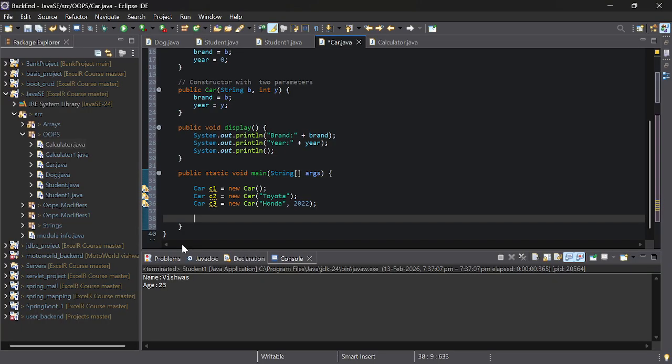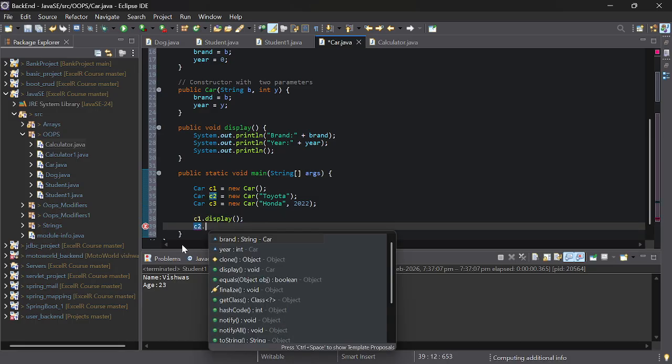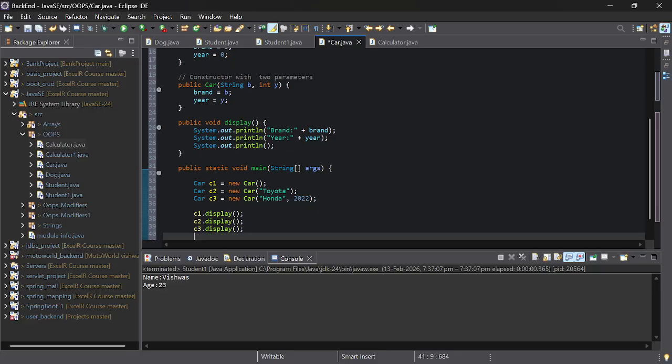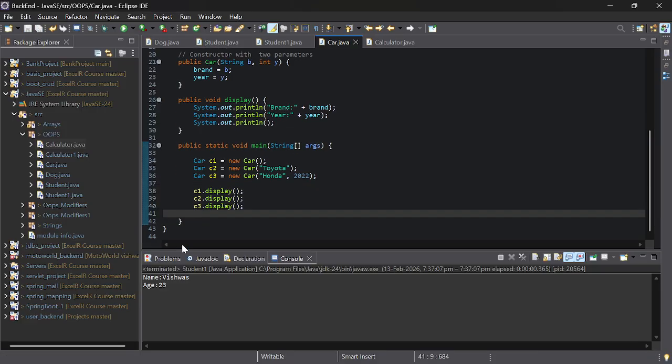Now using that reference name I will call the display method, then c2 dot display method, then c3 dot display method. Okay, now if I run this, see,